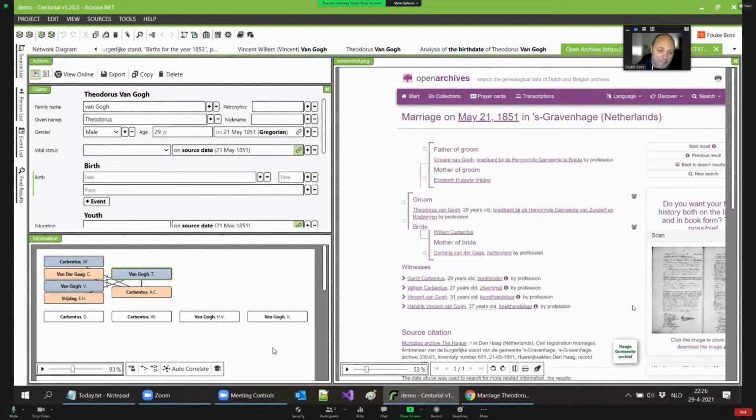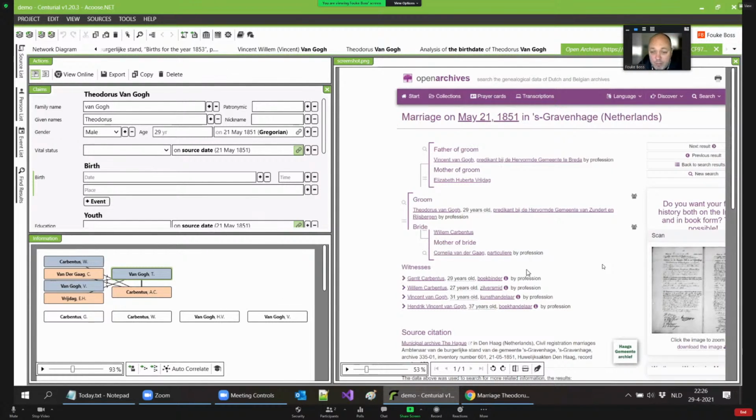What websites will that work with? Yeah, this microdata is an open standard. So any website, I think Geni.com, is it pronounced like that? That has microdata, so that will work. In the end, Centurial will always import any website, doesn't matter which one. For some of them, I included some additional logic to improve the import, but it will always at least make a screenshot and get the correct URL out of it, and the correct title, stuff like that. And it's on the roadmap to increase the number of websites for which I have a specific web scraper.